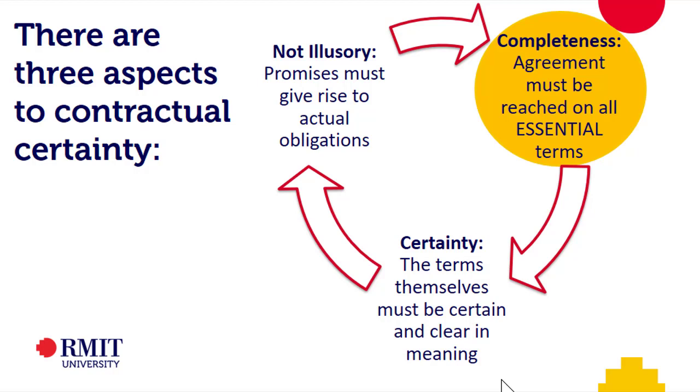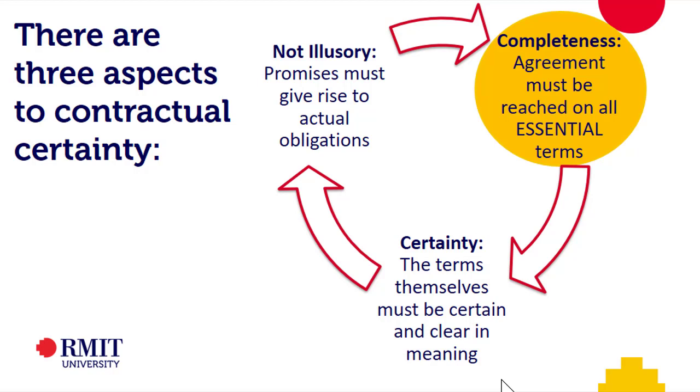I'm going to repeat it for the recording, but the issue is, if the test of what's an essential term is whether it's the thing without which somebody would never have entered into an agreement, then the question becomes, isn't that subjective? Thinking back to Kirby and Woolworths, talking about how baseball cards or football cards might have incredible value to one person but no value to somebody else. Or Nestle and Chattel, the same kind of thing.